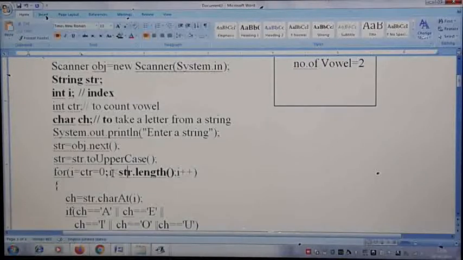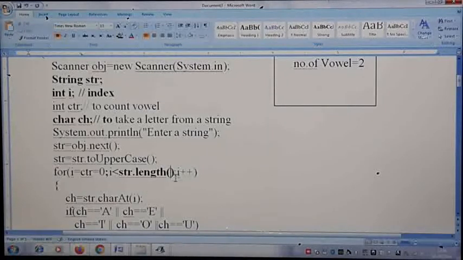Here you can make out the value I have given is less than str.length of, or else you can also give less than or equal to str.length of minus 1, because minus 1 will be the last index number. Length of is the number of letters, it will give you the count, but index number is the count minus 1. So if you are using less than or equal to, don't forget to give minus 1. Otherwise write less than here, then no need of minus 1. Directly you can say less than length of. So one letter minus that length means one index number.